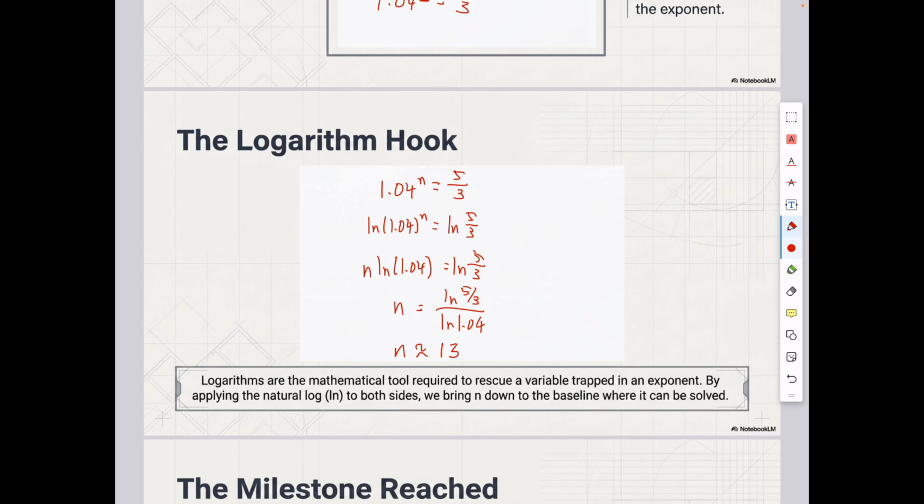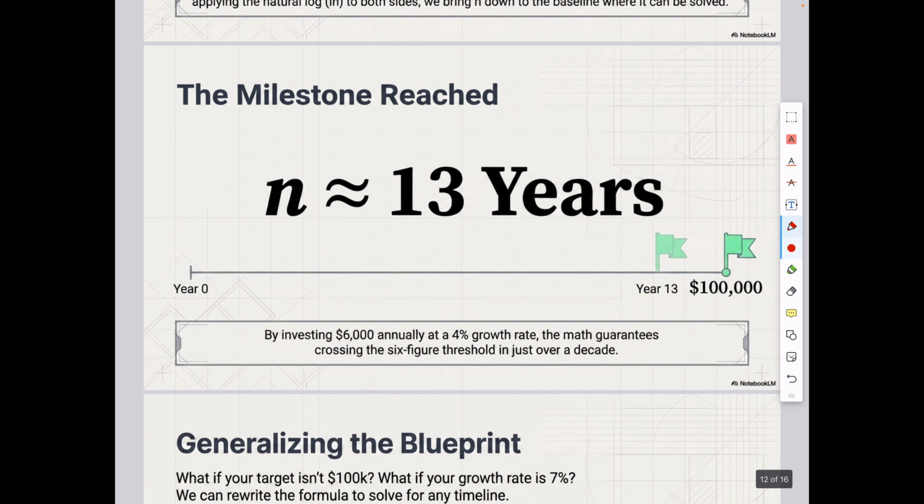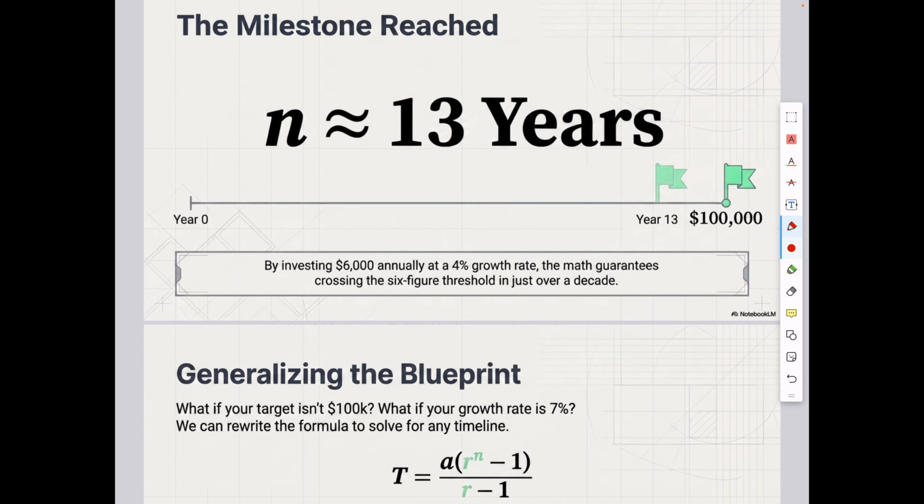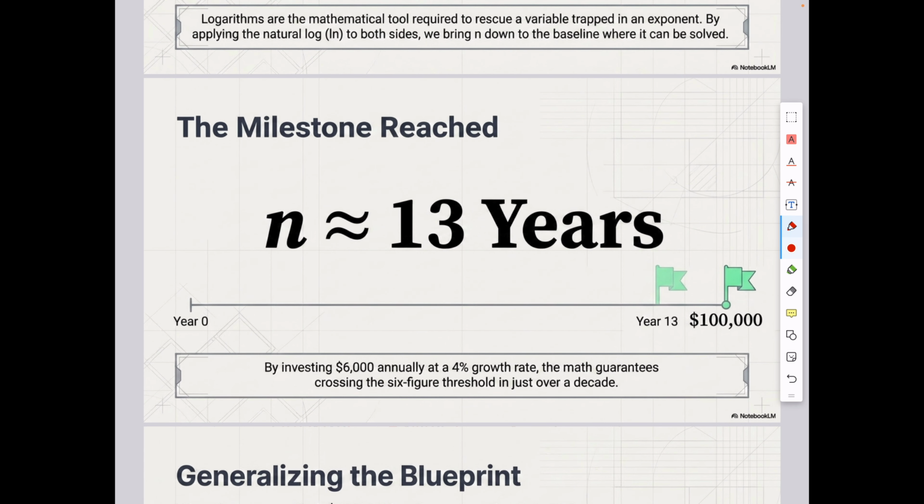So what it means is that it will take me 13 years to invest 6,000 yearly with a growth rate of 4% to meet 100k invested in value, total invested. Okay, so now I have a very objective way of looking at things. If I invest consistently for 13 years with a good growth rate, 6,000 a year, I will end up with